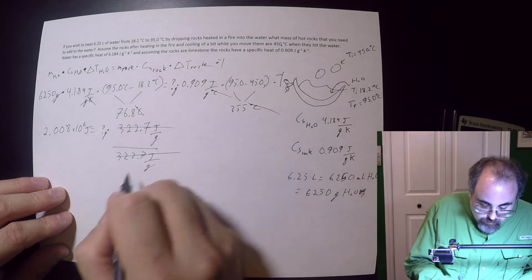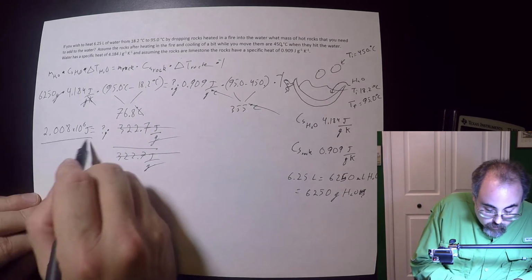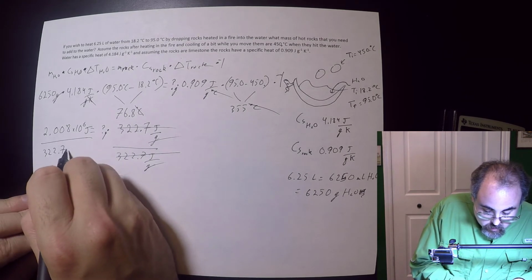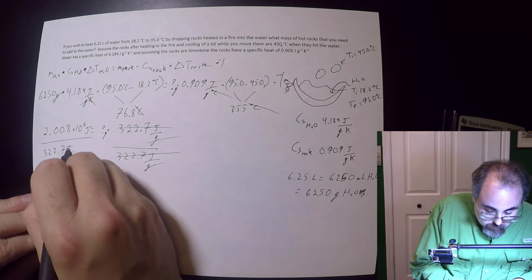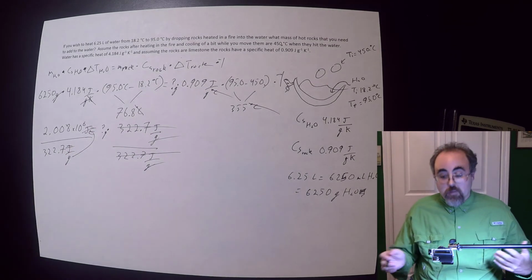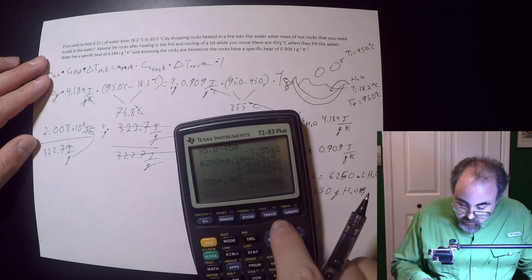So that means that whole thing cancels over there. Where on this side, I have 322.7 joules per gram. The joules cancel. The gram is going to flop to the top, and I'm going to get my answer. So now I take